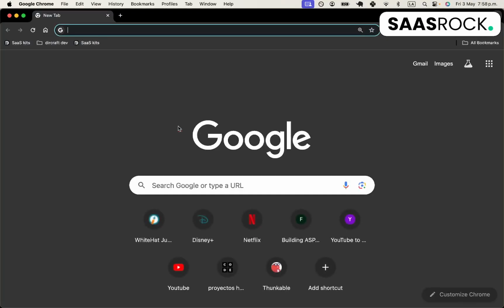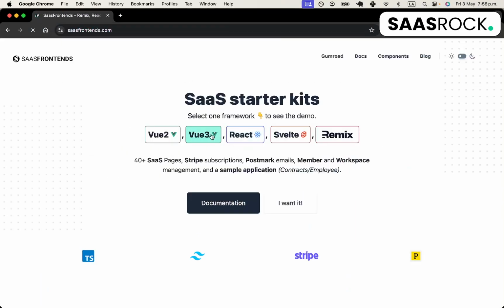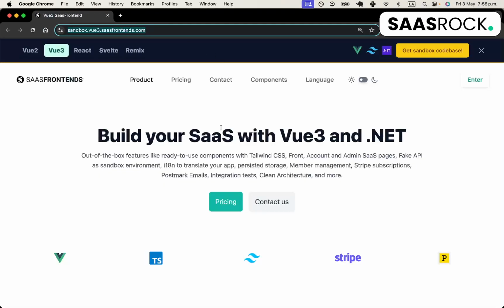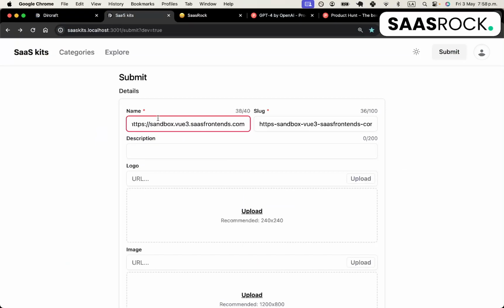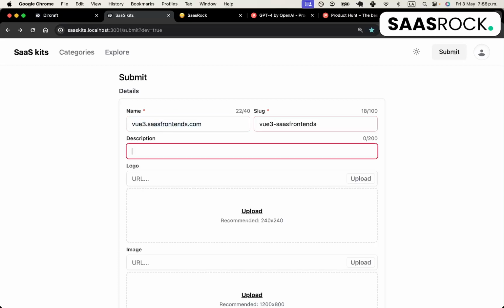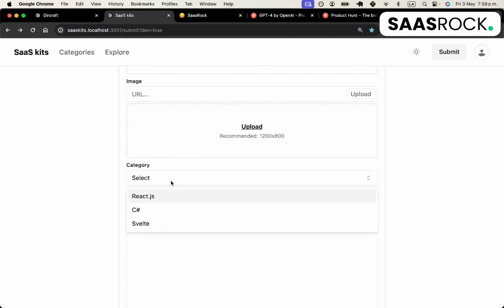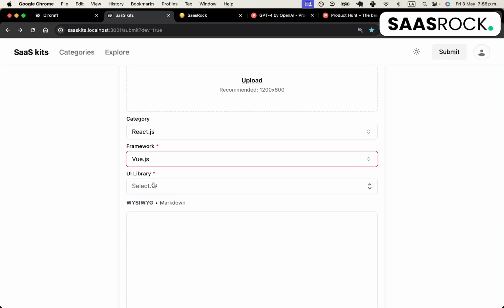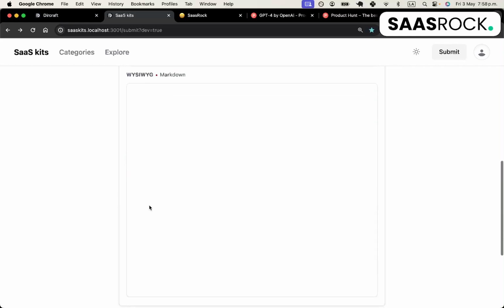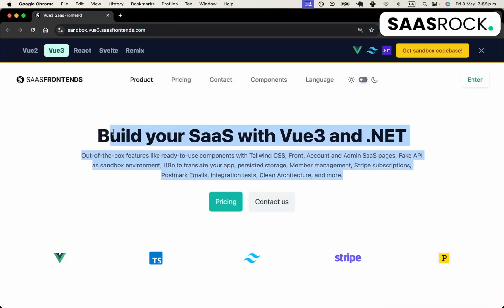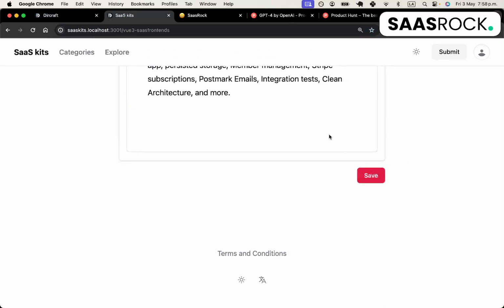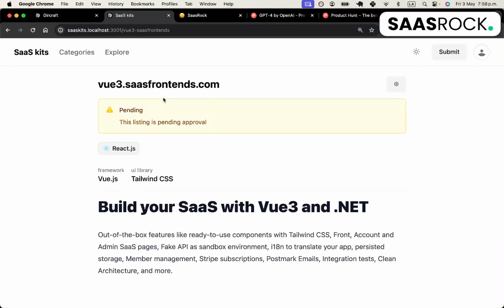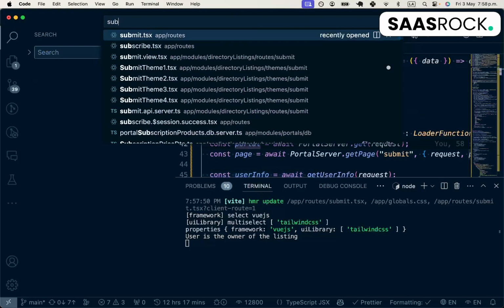And now I'm gonna add another SaaS frontend starter kit. In this case, Vue 3. The category should be svelte. The framework is Vue.js. I mean Vue.js. The library is Tailwind CSS, and yeah, the same thing that I did with svelte, and it works. So now I can safely delete the submit theme